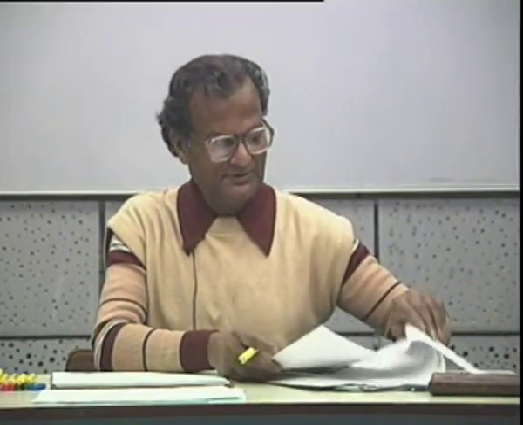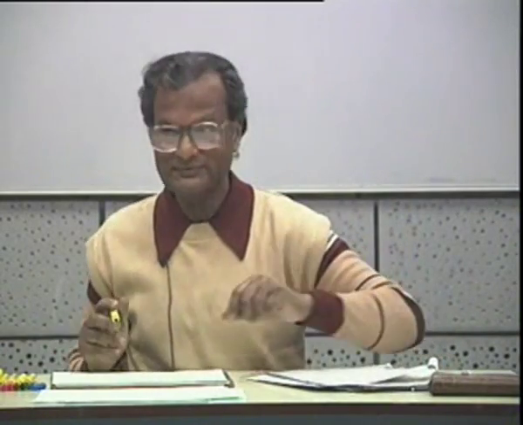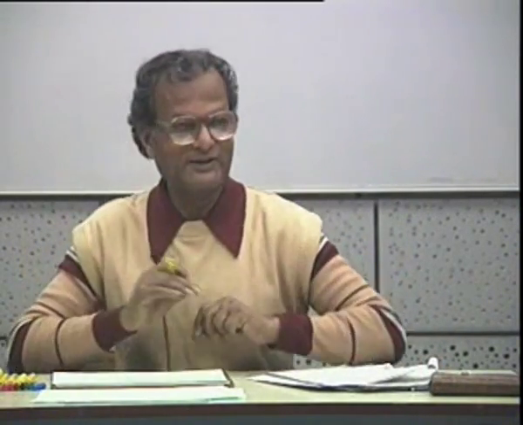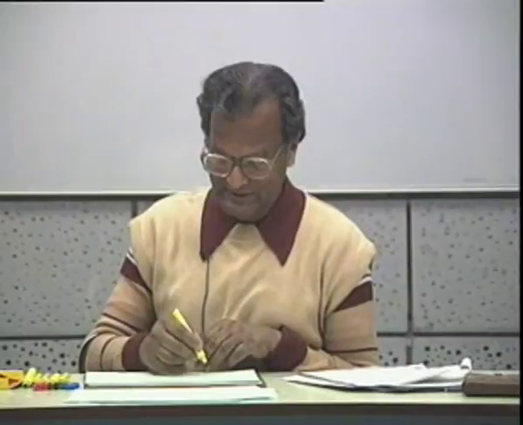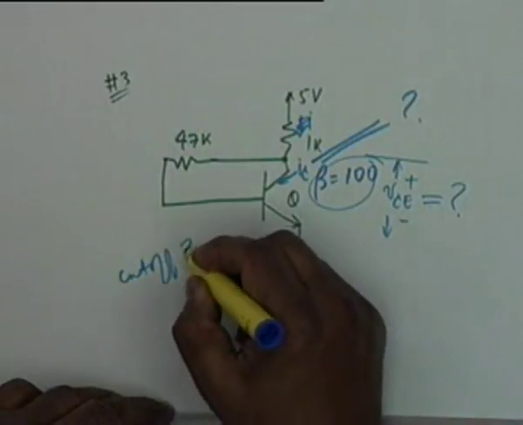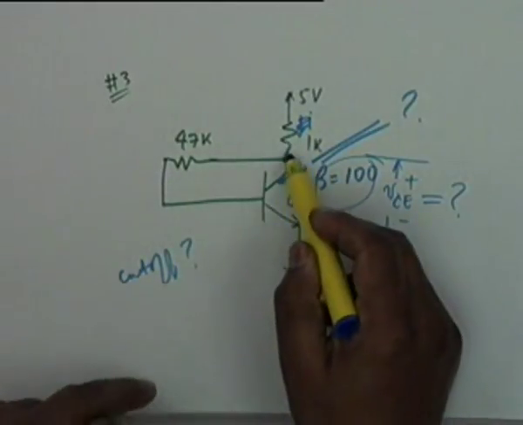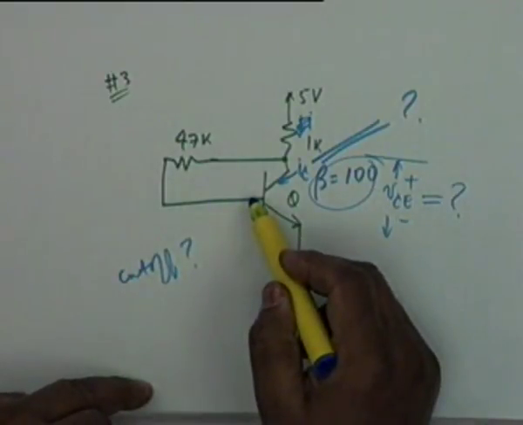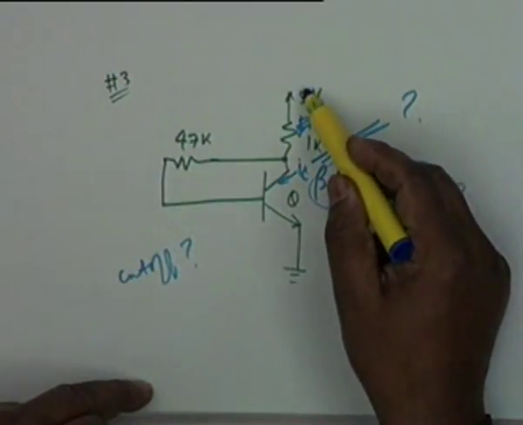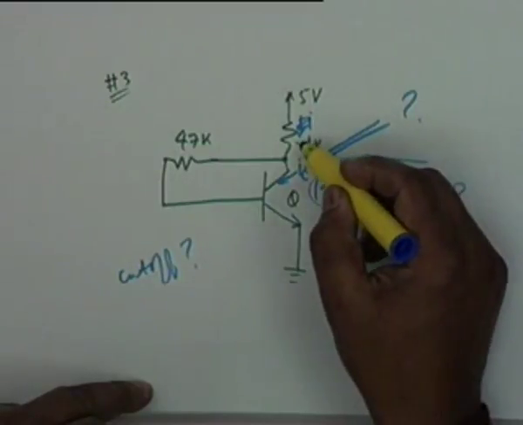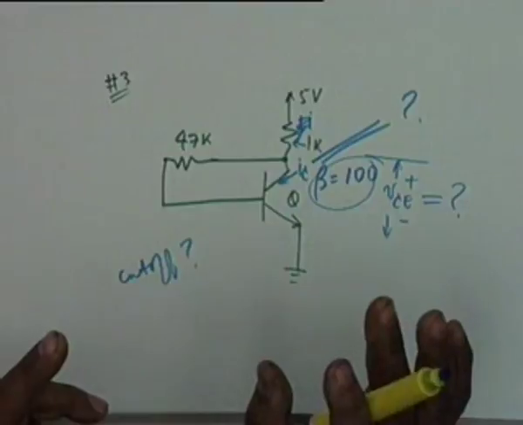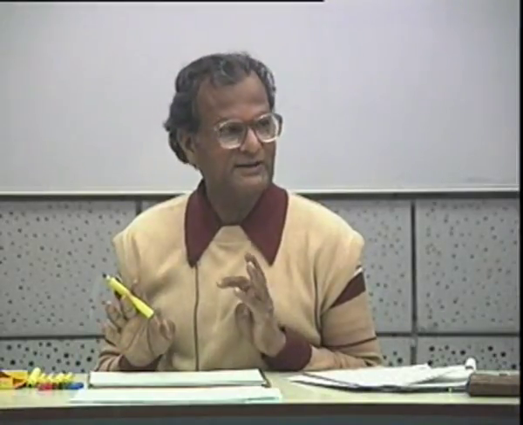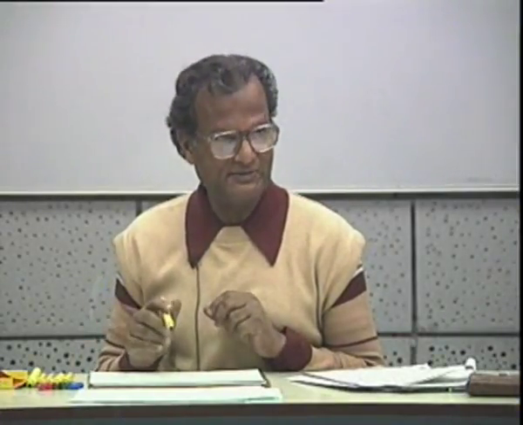Here also we will assume a condition. Now, can the transistor be cut off? Is that a possibility? No, because I sub B is not 0. If you see, there is a 5 volt source connected to a 1K and a 47K, so there will be some base current and therefore the transistor cannot be cut off. So it's either in active or in saturated mode.